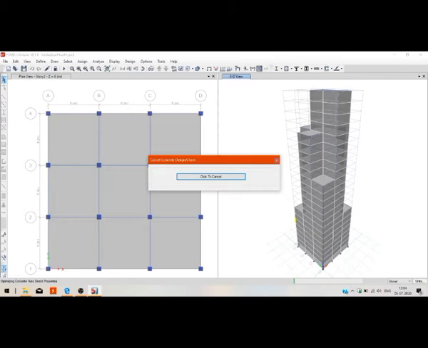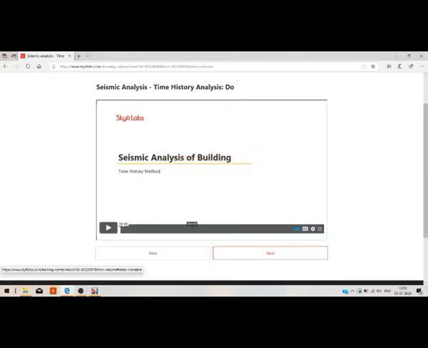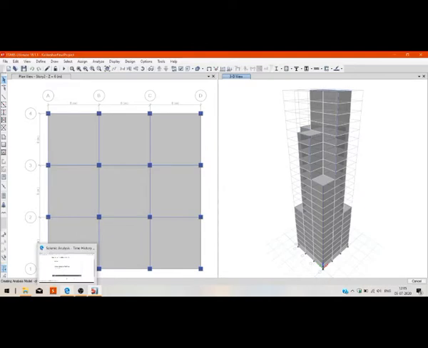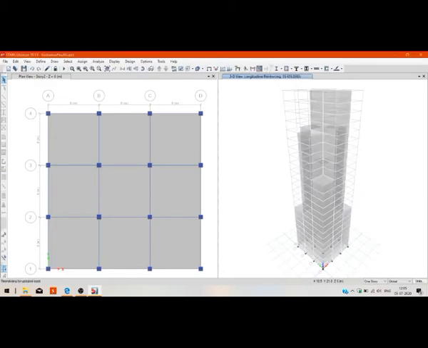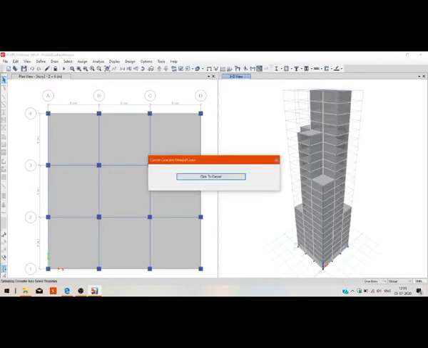It will take time. It will design for different load case combinations.